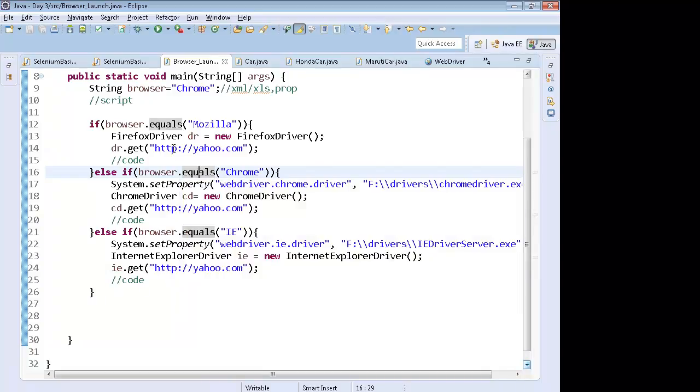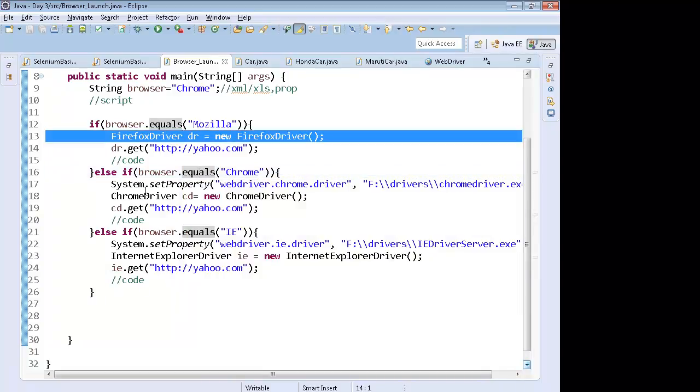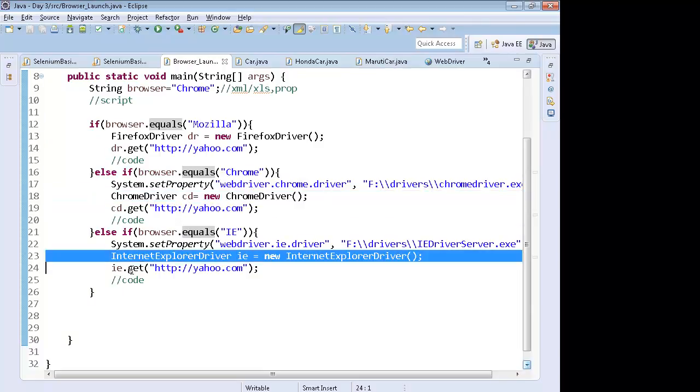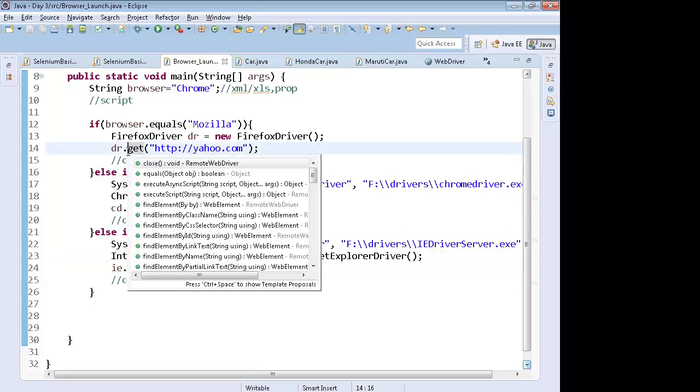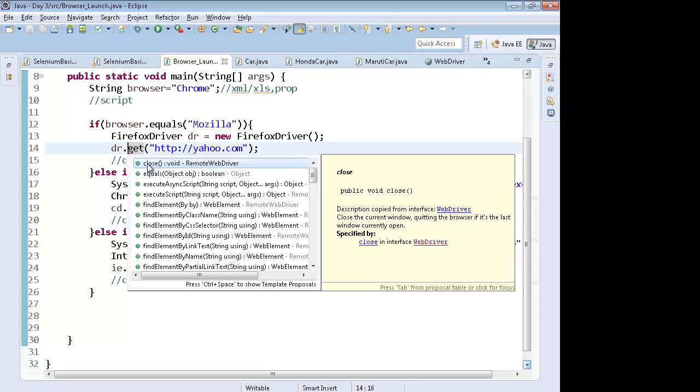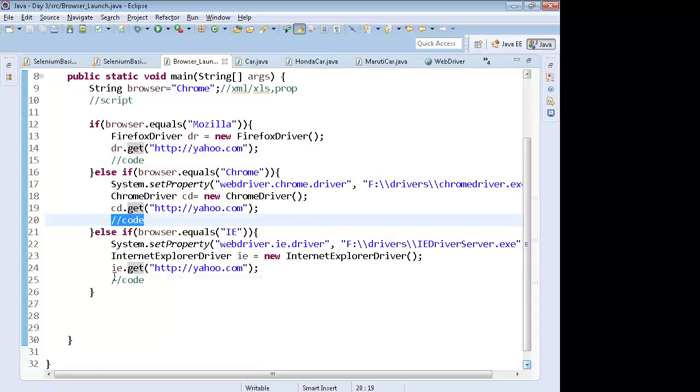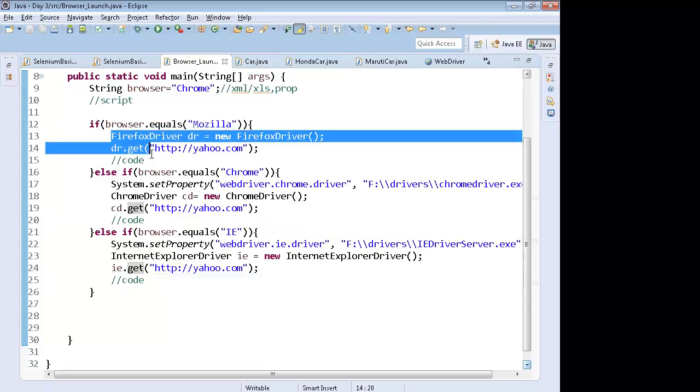Now, does this solve our problem? We know that all the driver classes will have the same functions because they implement the same interface. But if I write driver dot, you get the same functions, but will I have to write the code separately for every driver?